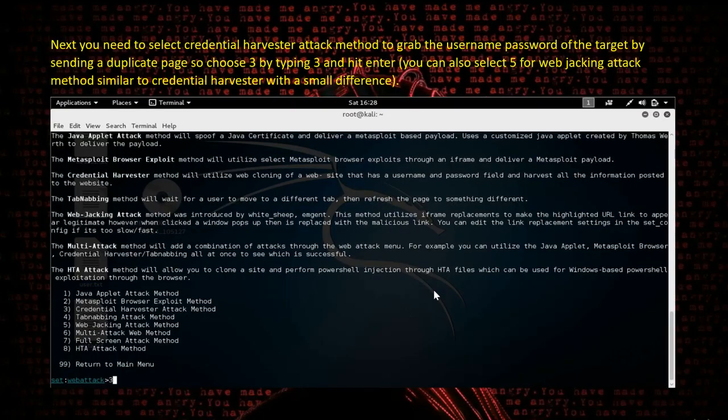Once you press option 2 and press enter, next we need to select the credential harvester. Again, we can see that we have multiple options: Java applet, Metasploit browser, credential harvester, tabnabbing attack, and many more. In our case, we need to select the credential harvester attack method to grab the username and password of the target by sending a duplicate page. So we need to select option 3, which is credential harvester. Once that is done,